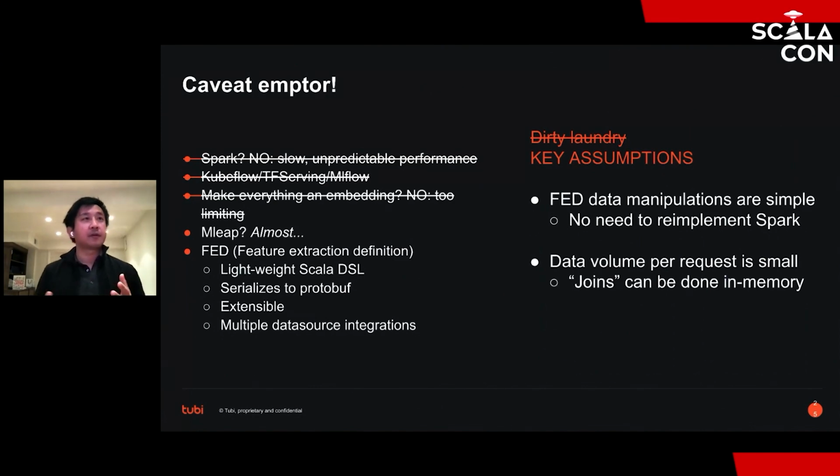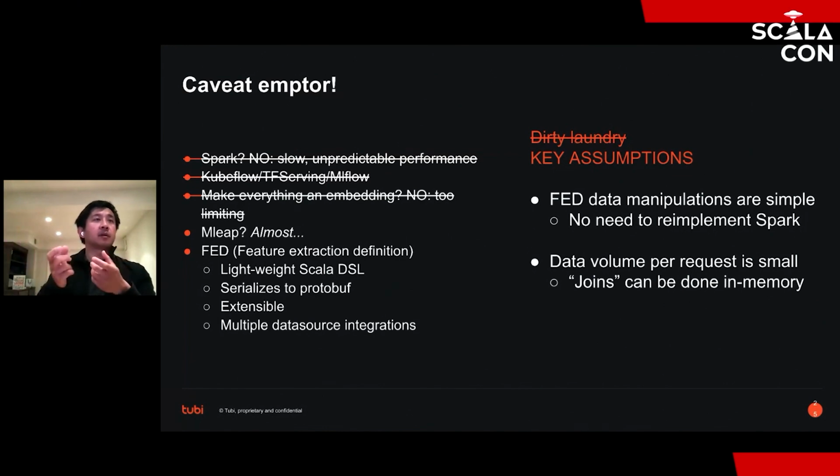But there's a bunch of caveats, right? So all of this is predicated on two key assumptions. Even though this API looks and feels a little bit like the Spark data frame API, don't think of it as a Spark replacement. The idea is that the heavy lifting in data should all be done during the feature encoding process, and this is just so that we have some simple data manipulations that go from this feature to the direct input for the model transformations.